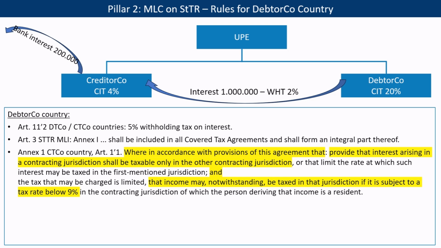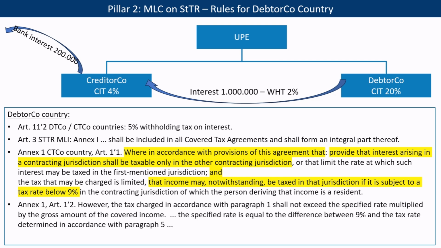So Credit Co pays 4% tax, it's less than 9%, and therefore we may now levy under the STTR